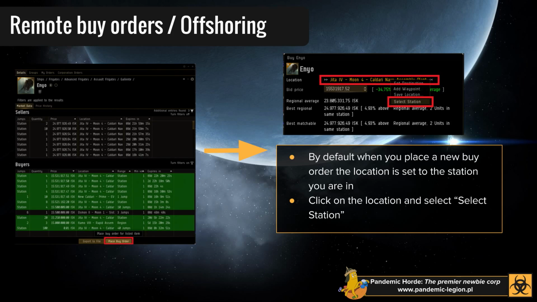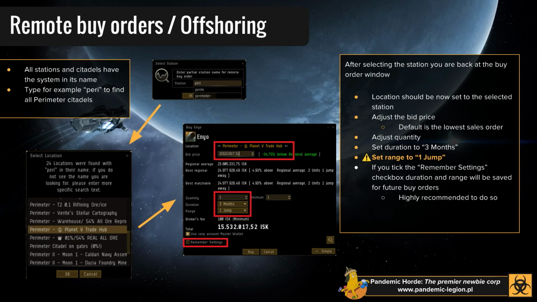So you click on it, then click on select station. And then this small select station dialog opens. It's actually a search dialog, so you just type in the first few letters of the region. All citadels by now have the solar system name in the name. So if you're looking for Fortisars in Perimeter, you just type Perimeter, click OK, and then it will open another